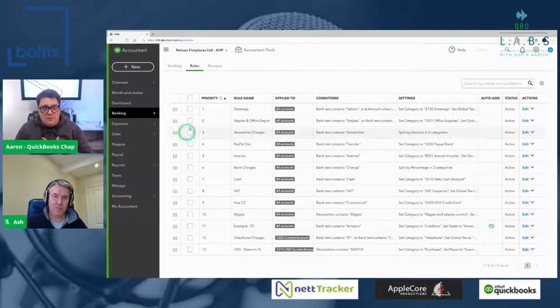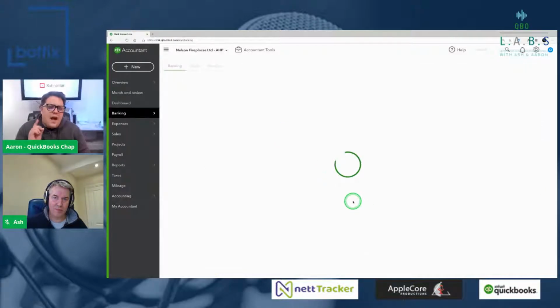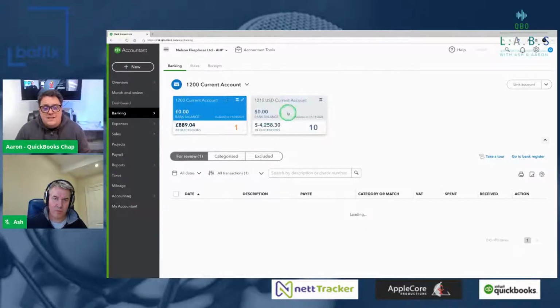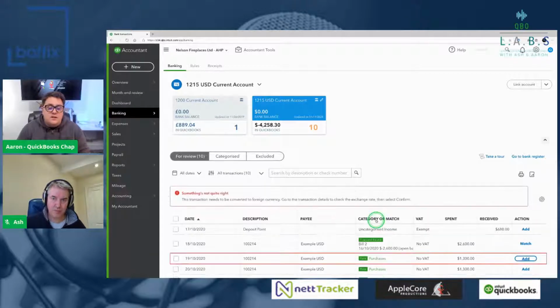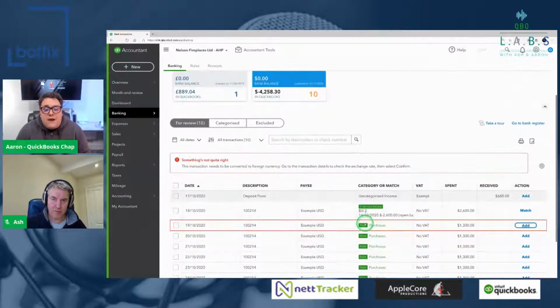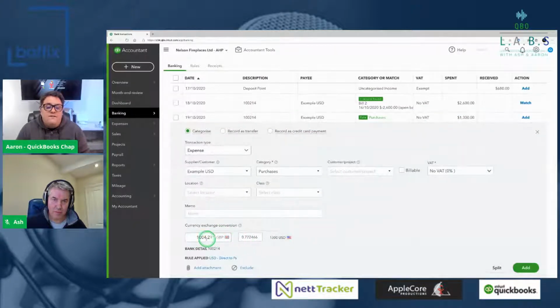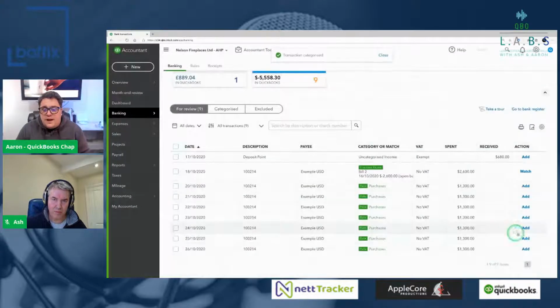You can still apply a rule to it, but you'd have to go in and individually add the transaction. The reason for that is because the way it interacts with multi-currency has changed a little bit. So now, before you can physically add a transaction, if I try and add this particular transaction here, it's going to come up with an error message. What that error message says is you've got to go into the transaction and confirm you're happy with this exchange rate over here. Once you add it, and add it again,